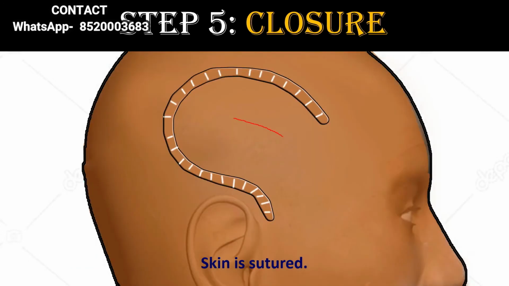I replace the skin flap back and suture it. So this completes my surgery for brain tumor. Then the anesthetist slowly and carefully reverses the patient back from anesthesia. And then as a neurosurgeon, I check the patient for any neurological deficits, and once the patient is fine, the patient is shifted into the recovery room.